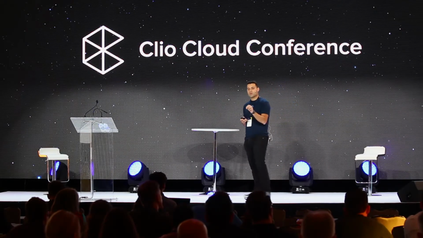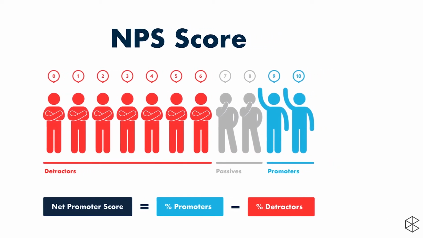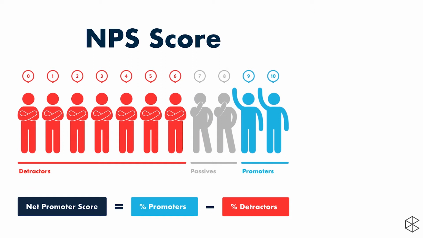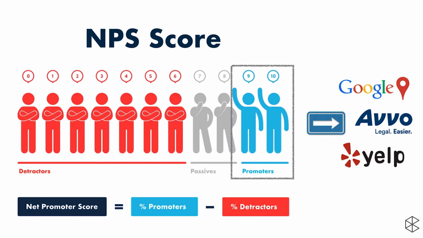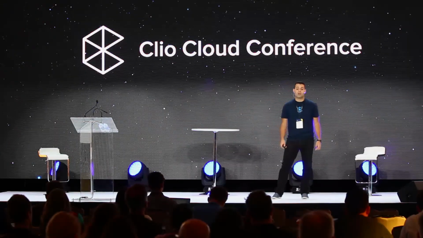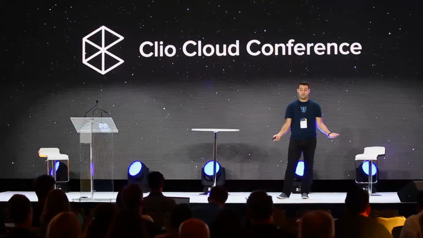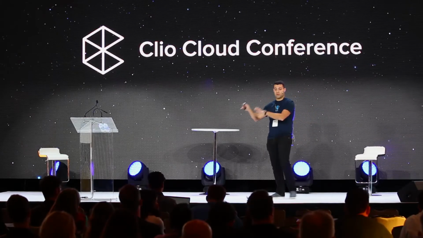But in asking that question, you also get a data point on where somebody's at in terms of whether or not they used your service. What if you realize, hey, I'm not getting enough referrals, or I'm not performing well enough on directory sites? You could choose to isolate the promoters, the 9s and 10s, not worry too much about the score, but just find who they are. And there are a variety of automation tools you can use to get those people not only to refer their friends and family and recommend your service, but also to go to all the different directory sites where people are giving reviews and give reviews. That can all be more or less automated through triggers or tools like Zapier, while, again, you're in court or you're running your practice and doing billable work or providing legal advice to your clients, which is what they really need you for.